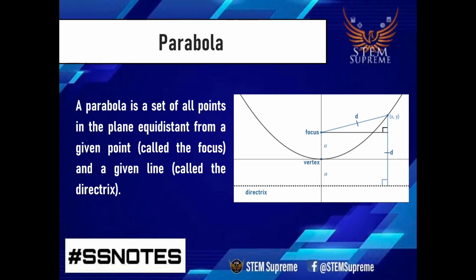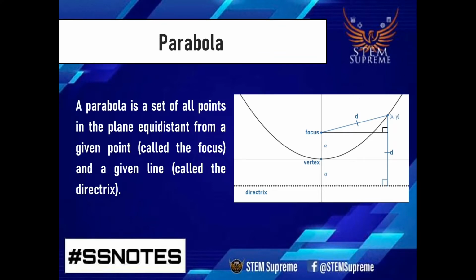Now, sa tulong ng picture na nasa right side, we can derive the equation of the parabola. We assume the origin (0, 0) of the coordinate system is at the parabola's vertex. For any point (x, y) sa parabola, yung dalawang blue lines na nakalabel na D ay magkasing haba. Ito ay dahil sa definition ng parabola. Para makuha natin ang equation nila, iset equal natin sila sa isa't isa at isimplify upang mahanap ang equation ng